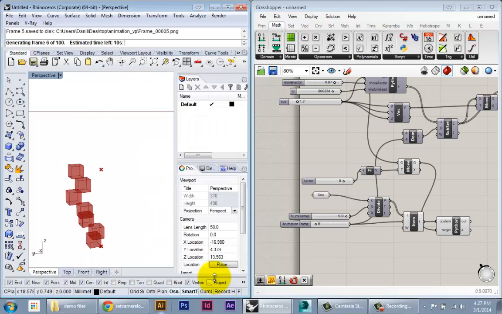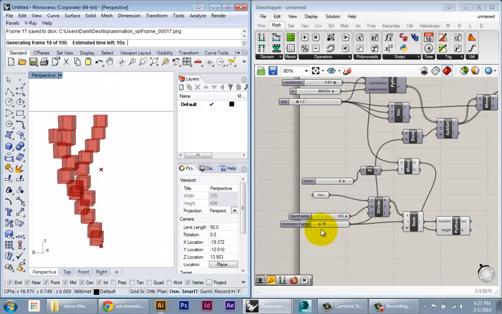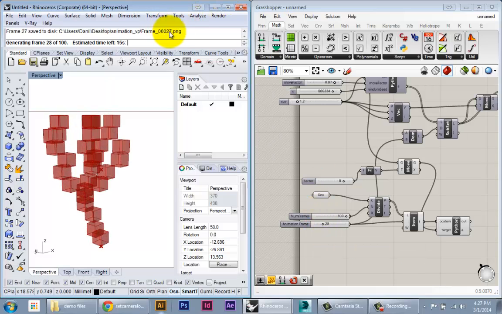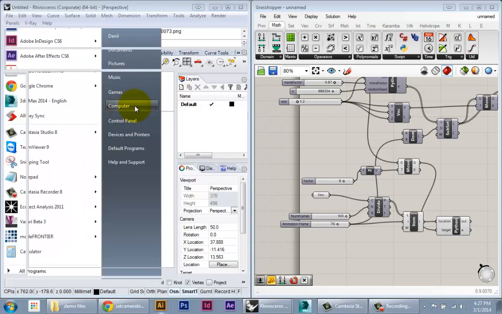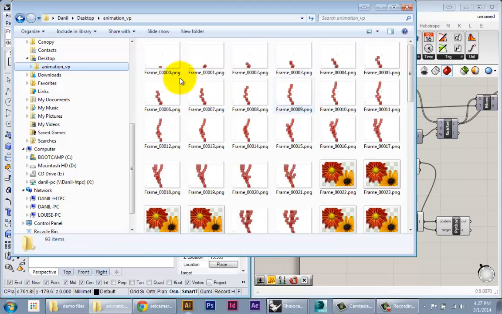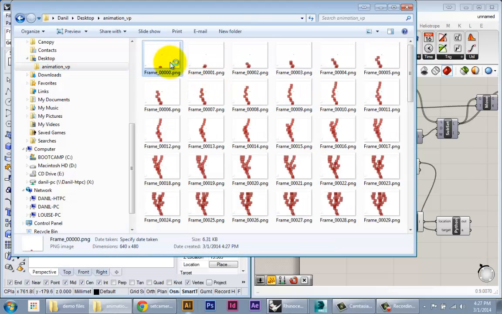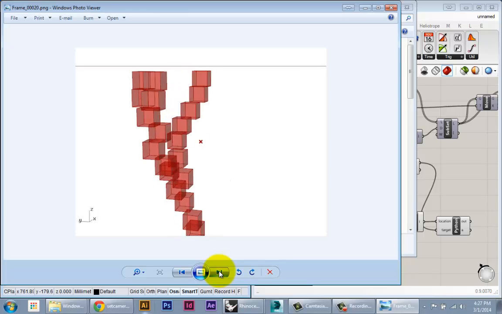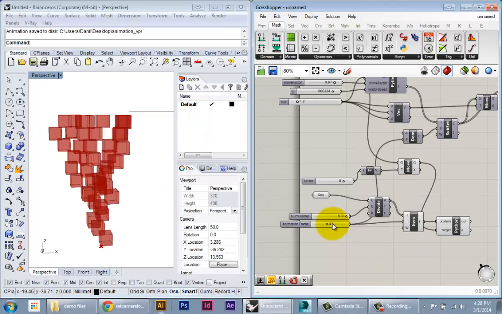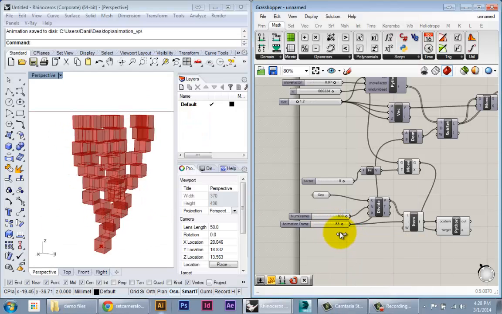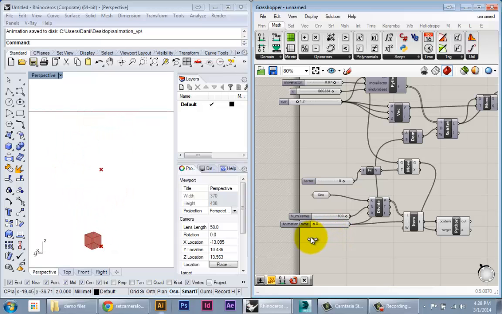So if I click OK, it's basically going to run through that slider one frame at a time, and each time output a new image into the folder. Okay, so you can see those images here, and if I want to make an animation now, I can just dump these into After Effects or another application like that. So that's already pretty nice, but say for instance that instead of outputting screenshots, I actually wanted